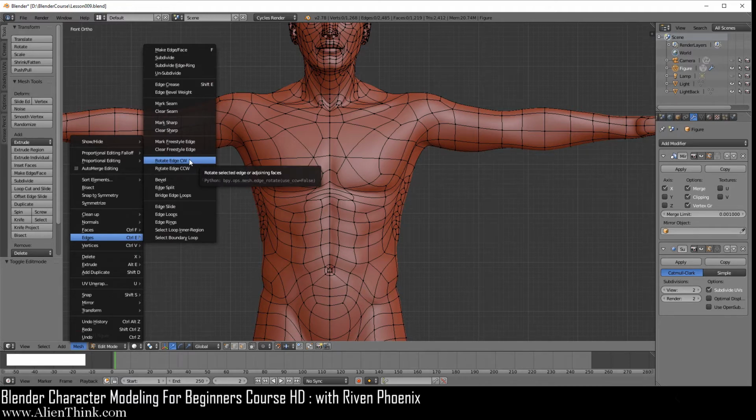Now before we do this, I want to explain to you how the shortcut key concept works in Blender. Whenever you add a custom shortcut key, it doesn't get saved to your actual blend file. And if you close Blender and open it back up, you lose all your shortcut keys.